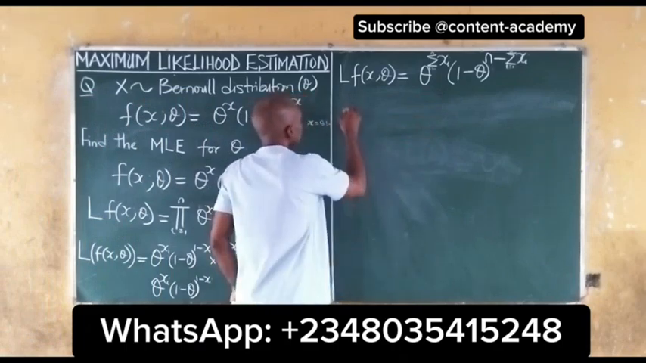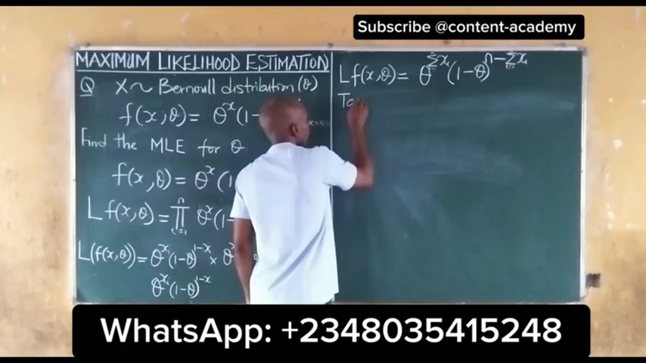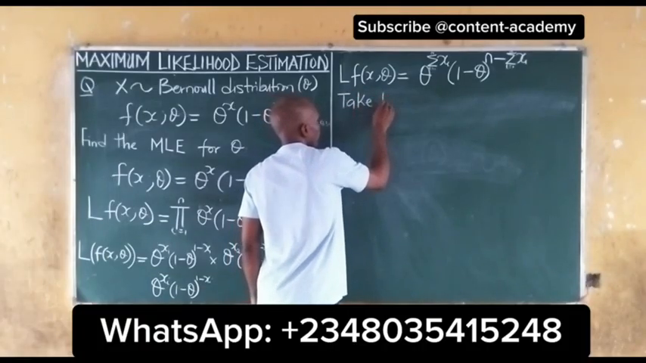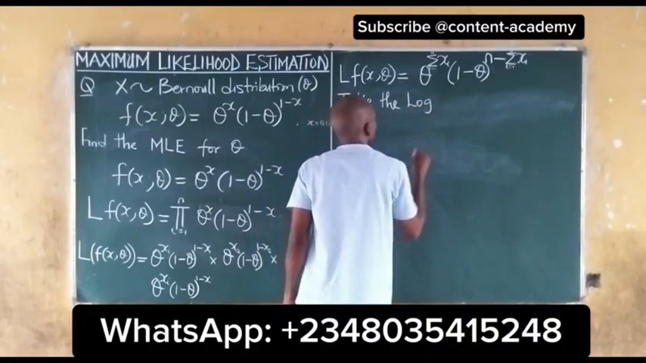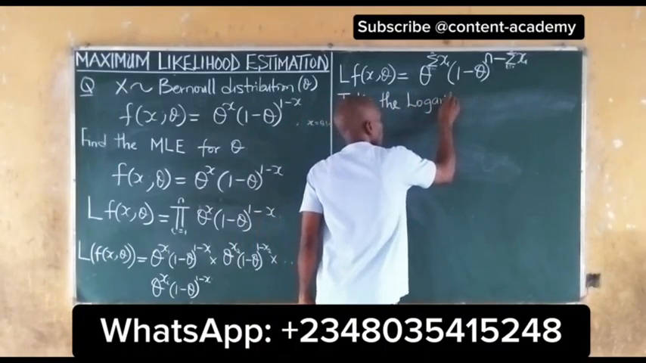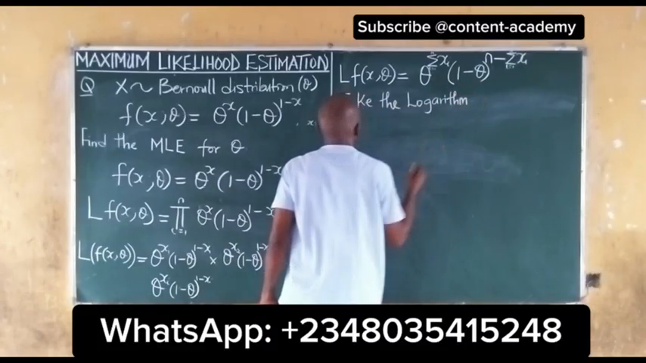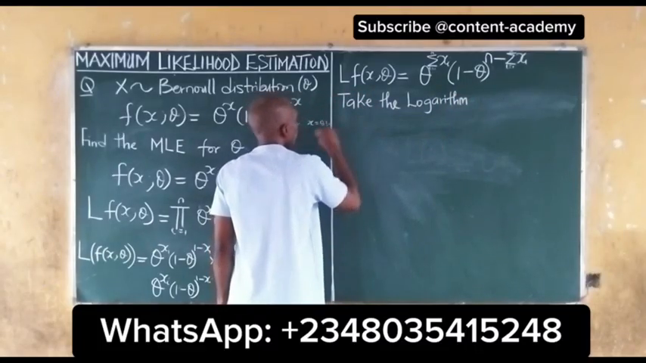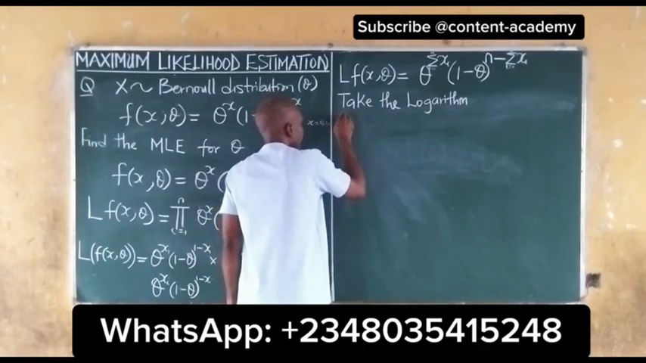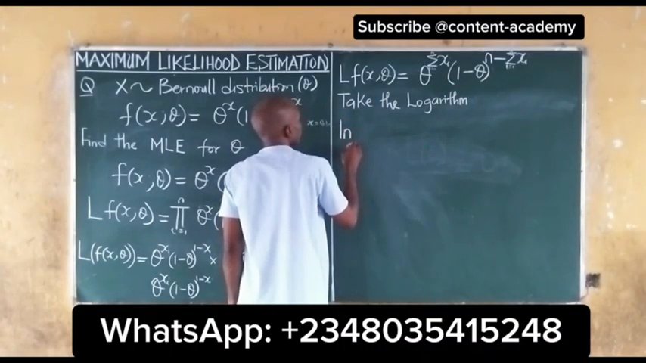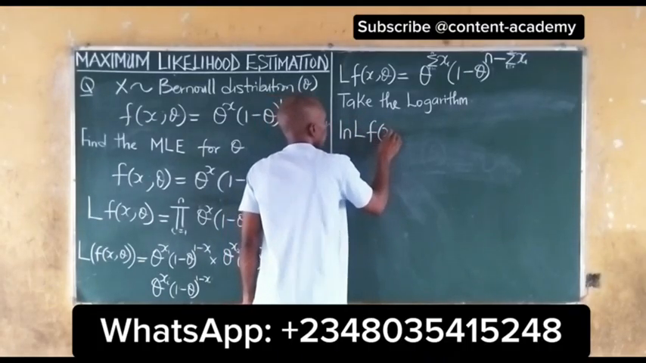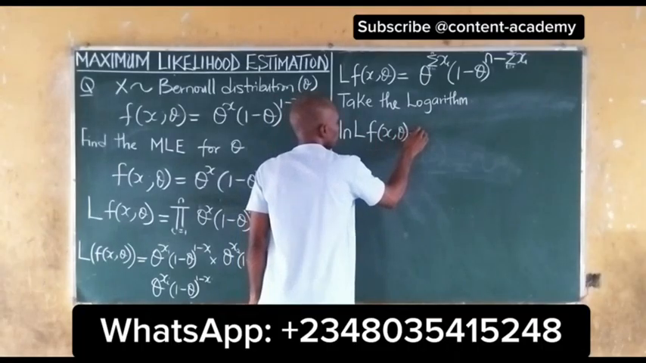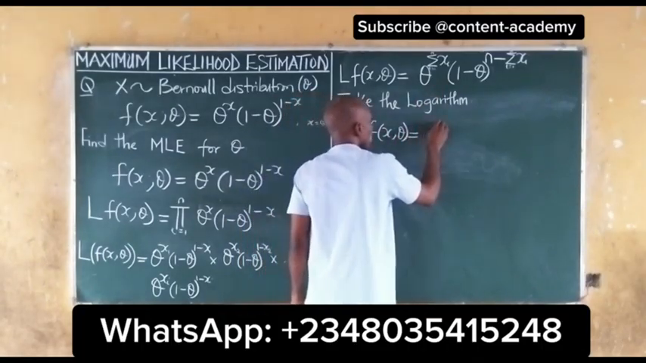How do we take the log? You now say take the logarithm. So if we are taking the log, we have our likelihood function of our given distribution is equal to, if we take the log of this, we have, of